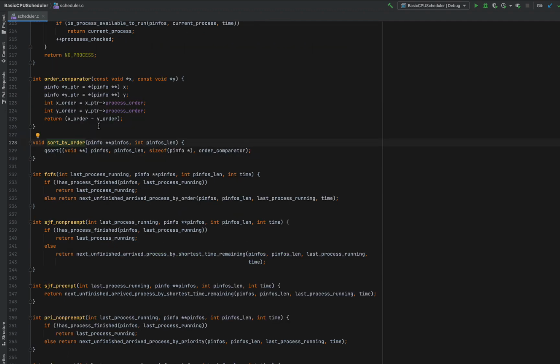The sort by order function just uses the qsort library function. This is a C library function that does quick sort. You pass on the array as a void double pointer, and we pass a double pointer because p-infos is actually a pointer to a pointer. We pass on the length.